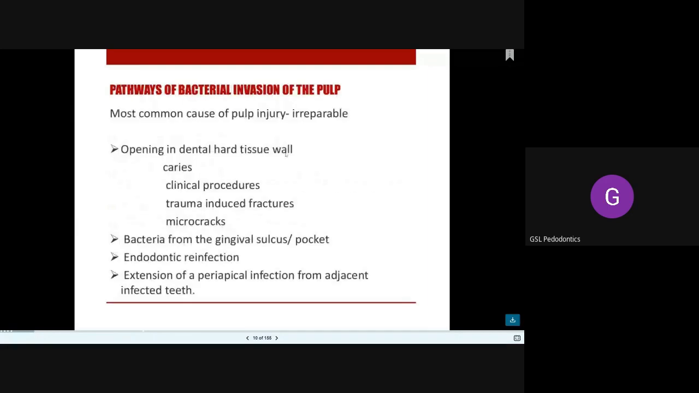Next, the pathways of bacterial invasion in the pulp. In the last class, in the rationale of endodontics, we have seen what the apical roots and the central roots are. First, the pathways of bacterial invasion. The most common cause of pulpal injury is irreparable damage to the pulp. If you come from the above tooth structure, you have openings in the dental hard tissue wall. Through these openings, the microorganisms which cause caries, Staphylococcus and Streptococcus, may enter into the pulp. And the clinical procedures you do during your class 1 and